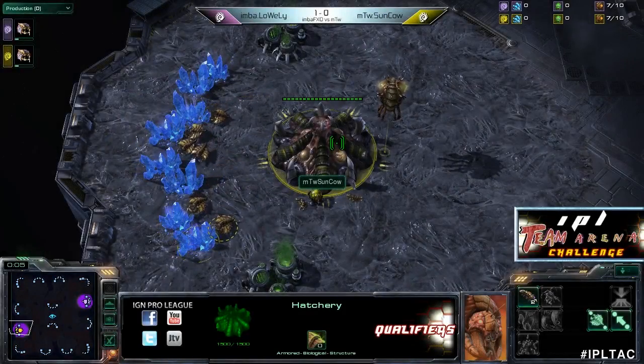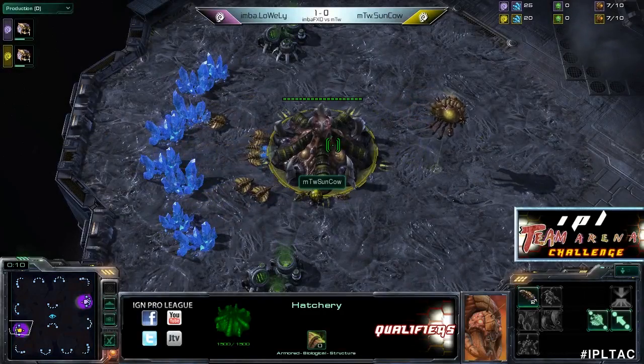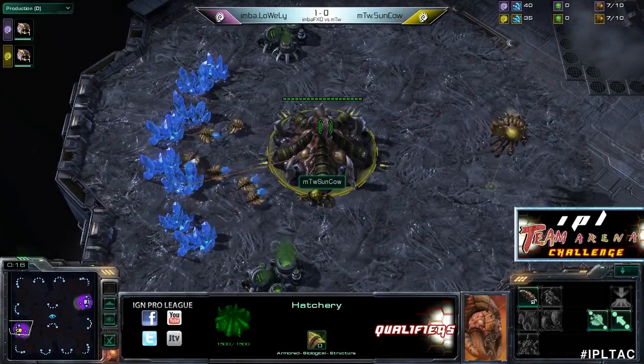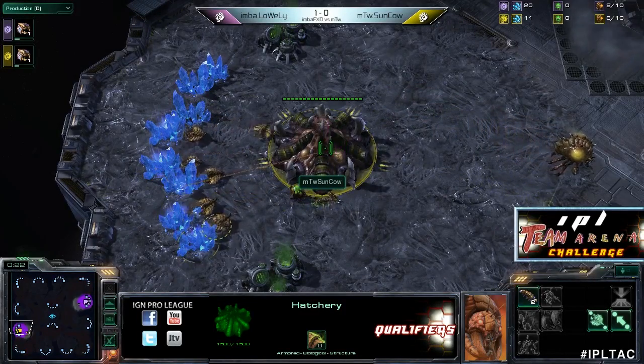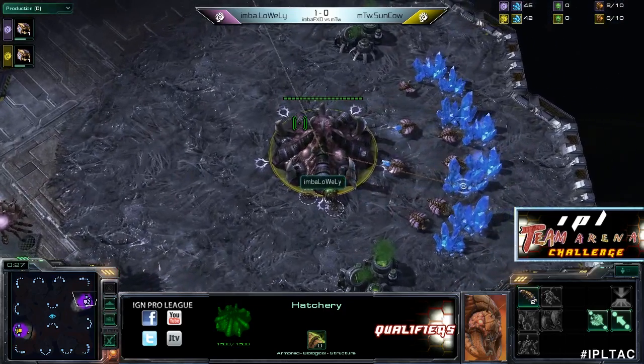All right, guys, here we go on Antigua Shipyard. This is the IPL Team Arena Challenge number 2, Qualifier number 2. And here in the yellow from the Team mTw, trying to get a win for his team, it is mTw Sun Cow. And on the right side of the map,